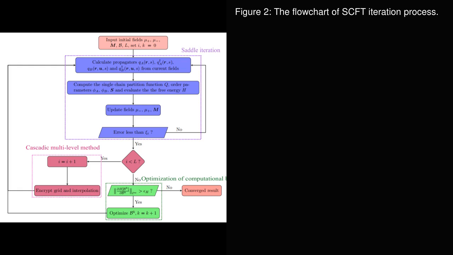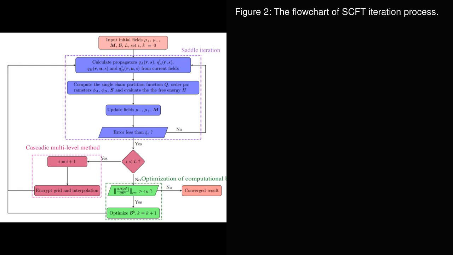The integration of the CML technique allows the method to start computations on coarser grids before refining successively to finer grids, improving computational efficiency. Additionally, the scheme includes optimal computational domain adjustments to adapt the simulation box size and shape dynamically, which improves the balance between accuracy and computational cost. The authors interpret this flowchart as a comprehensive framework that seamlessly combines these components to yield high-accuracy SCFT results within